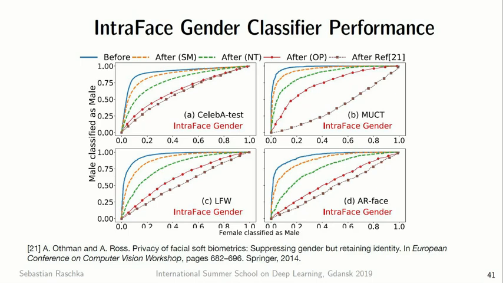We can see if we use the OP, the opposite gender, we achieve in almost all cases a random gender classification, which is our goal basically. And you can also see if you use the neutral gender prototype, this is less confounded, and with the same gender prototype, this is even less confounded, which is a property that we want to see. So the more opposite the gender prototype information is, the more heavily the image is perturbed, or the gender information is perturbed. So this is about gender classification, but like I said, this is maybe easy to achieve